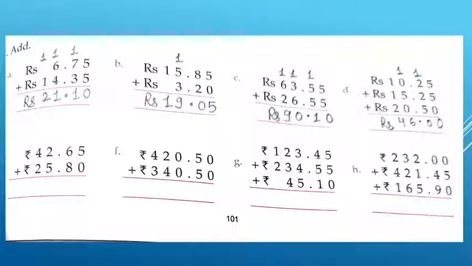Now children, here 0 plus 5 is 5. Now 5 plus 0 again 5. Now add 1 carry. 5 plus 1 is 6. So write 6 there. Now children, 1 plus 1 is 2. 2 plus 2 is 4. So write 4 there. And write rupees below rupees. And put a point in the answer. So your answer will be rupees 46.00.